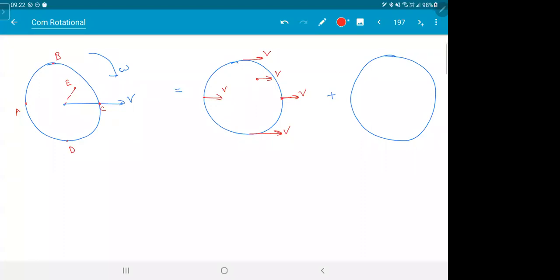Now, if it is going in a circle, rotation, this point will go this way, R omega. This point will go R omega. This point will go R omega. It is just like your ceiling fan. Every point is rotating in circles. And this point here will be small r omega. That is point E. Does this make sense? So this is translation and that is rotation. So we have split the motion into two parts. Only translation, this you know how to do from kinematics. Only rotation, this you know how to do from circular motion.